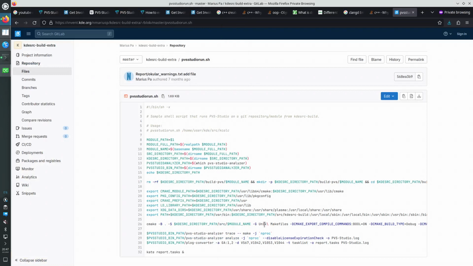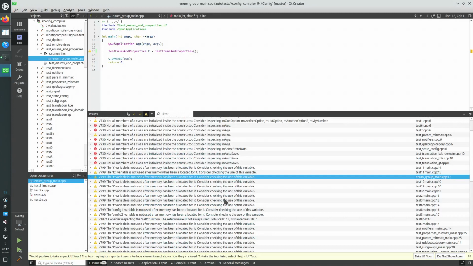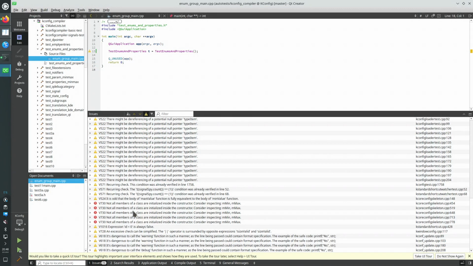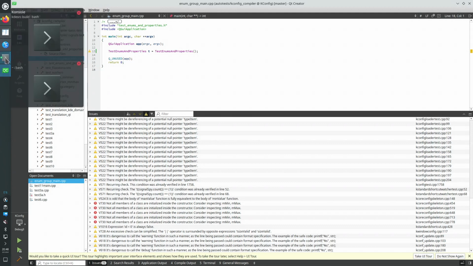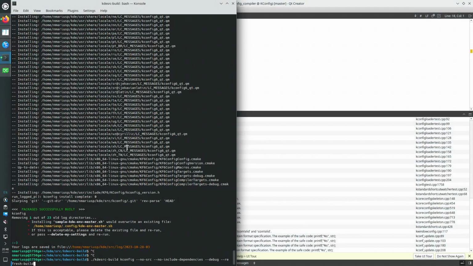Okay, so that is it. After you fix an issue found by PVS-Studio, you do git commit and merge request. If you cannot find any issue easy enough for you, not a problem. It's really, really fast to just build another KDE Git repository and run PVS-Studio on it. But this time you do not need the longer command line, so no src, no include dependencies, debug, etc. So you can go,